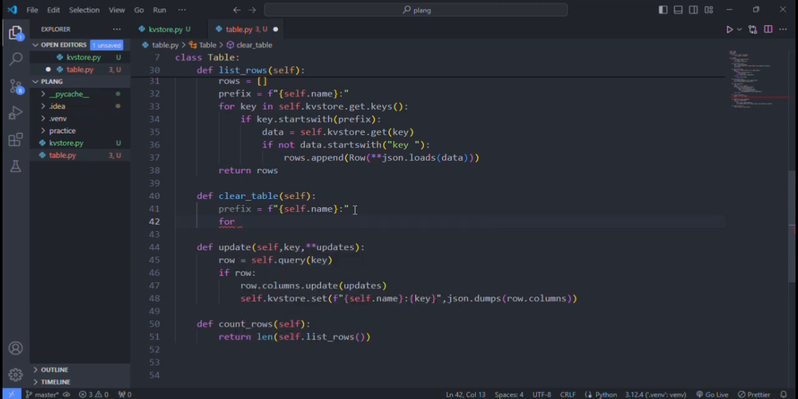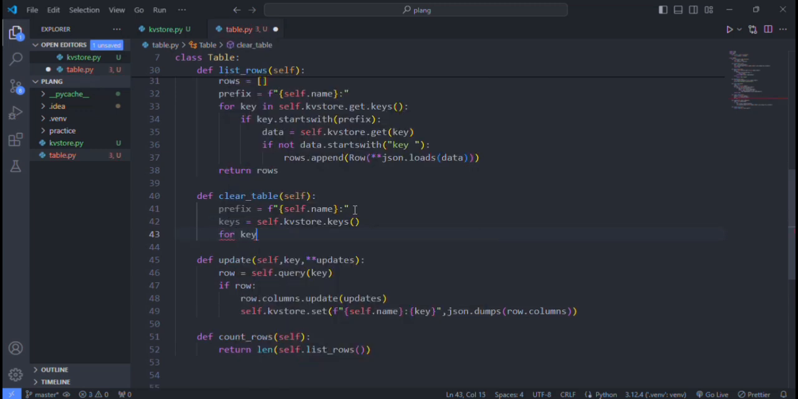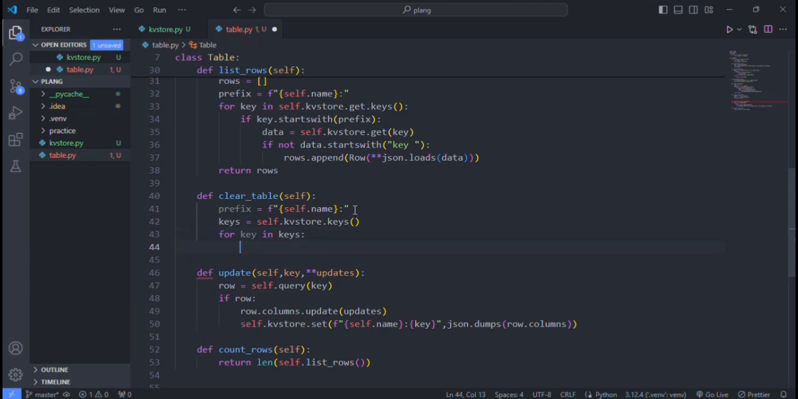So I also want to do a loop, so I'm going to loop through every key in, so let me say keys is equal to self.kv_store.keys, like that, and I'm gonna say for key in keys, then do this. So I just want to simply delete this here, do self.delete,